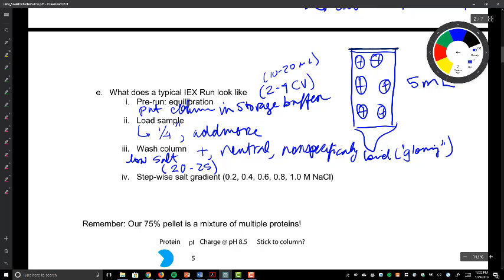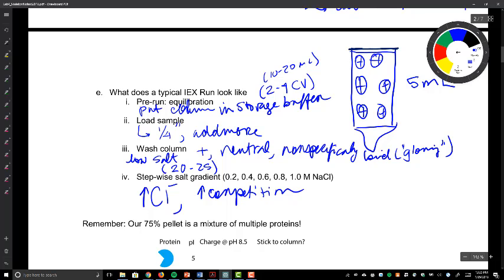And so what happens is as we progressively increase the concentration of salt, we're going to be increasing the chloride ions, which means we're going to be increasing the competition to bind to the column. So as we increase the salt concentrations, the more negatively charged proteins are going to come off. And again, in this gradient, you're going to be running the activity assays to figure out which of those fractions